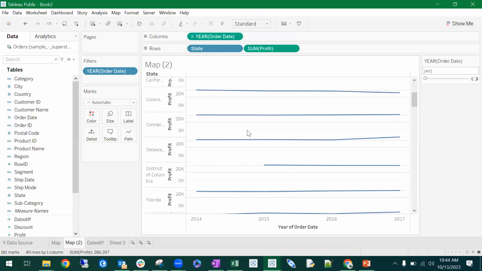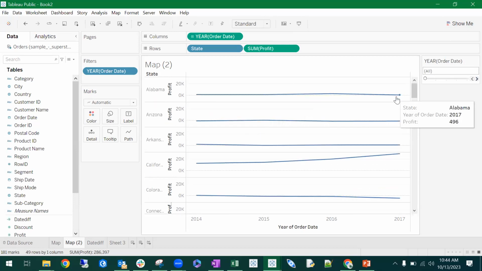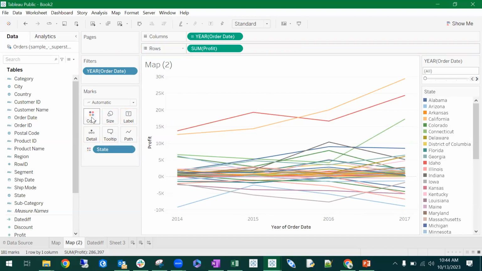I'm seeing each state, its profits over time from 2014 to 2017. But maybe I want to see everything all at once. That's actually terrible advice if you're going to show the line graph to someone else. But for your own analysis, if you want to see everything at once to see if any outliers pop up, we're going to pull state from rows into color. And now we see every single state in one line graph